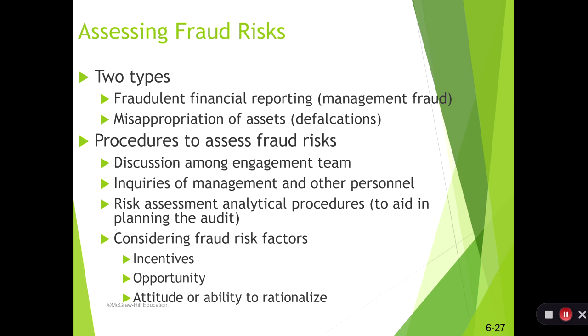This third leg, or third side of the fraud triangle, essentially, right, we're going to look for the incentives of managers to engage in fraud. That'll be things like stock options, pressure from analysts, and meeting earnings forecasts. We'll look for opportunities. A lot of that is related to the complexity of the transactions, the strength of the internal control system, the number of unusual transactions that might be there.